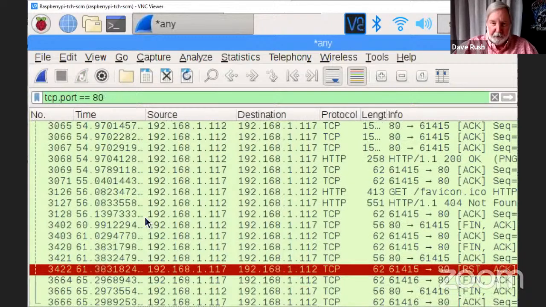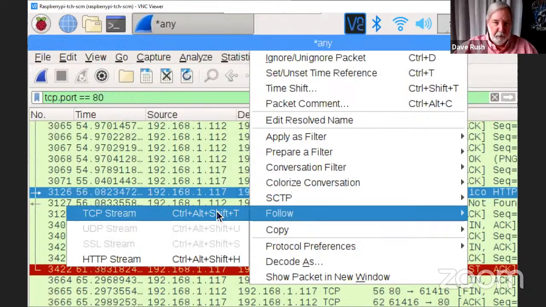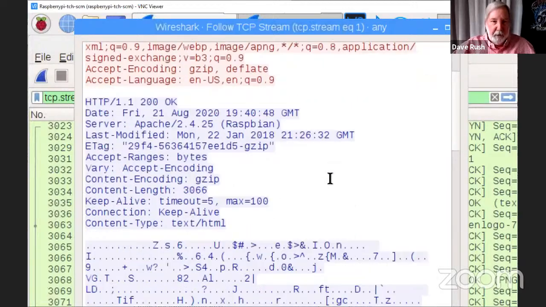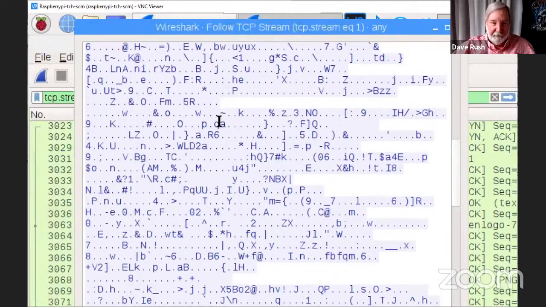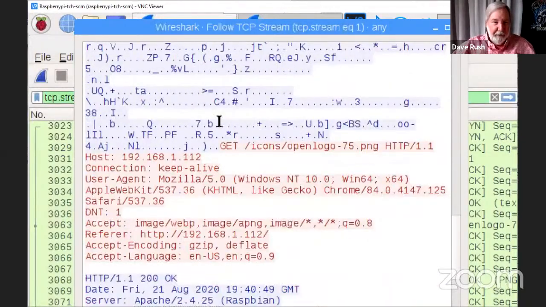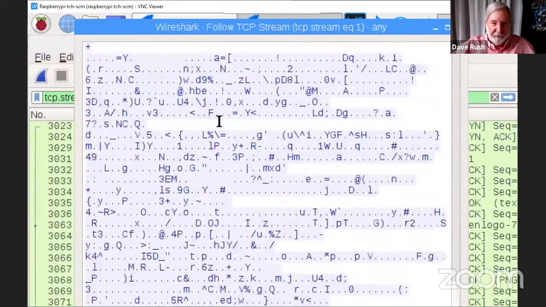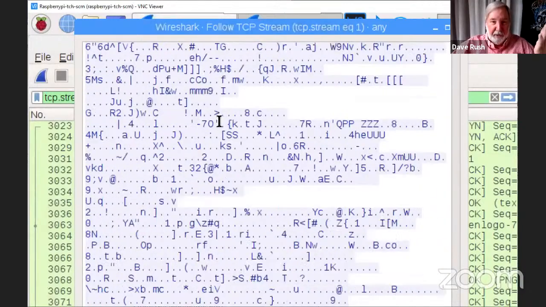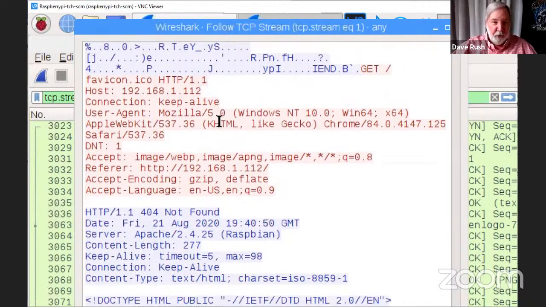And then we'll see responses. So I'm going to go a little farther down here. Don't worry about that red line. Follow the stream. There we go. So that stream is the web page. This is probably the graphic that was in the upper left-hand corner, the Apache 2 graphic. And then we start getting into the text, some more graphical stuff and the red stuff. But anything that was textual on that page is not encrypted here.